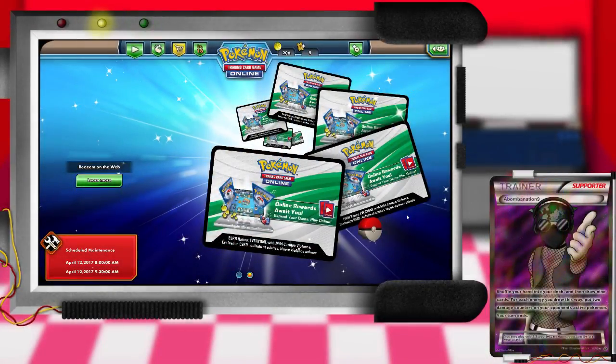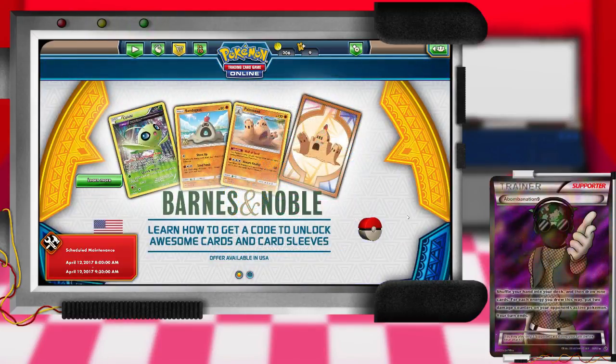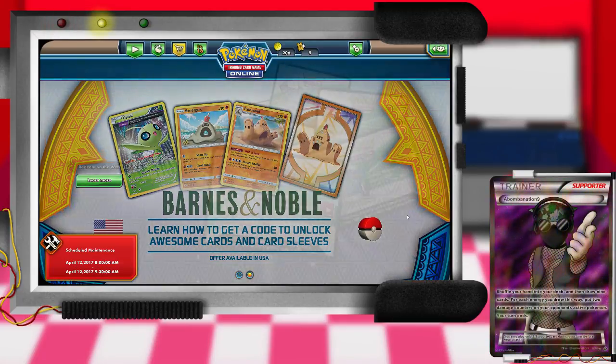We left off, I don't know what we were doing, but it was probably opening up cards. Oh, I think we got the Tauros GX. Like the only good thing we got out of that. We're going to be opening up 13 packs today, but of course, as you should have already noticed, there was